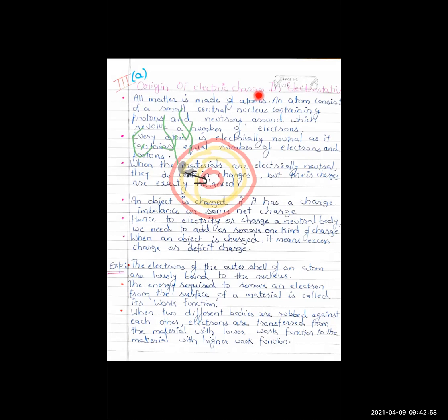So the amount of energy we gave it, due to which the electron left the surface of the metal, that energy is known as the work function. So this is very important, children. Work function, this we will be learning in part 2. So just remember, work function is the amount of energy which we provide to the electron, and after having that much energy, the electron gets removed from that material. It gets removed from here and it comes out. So that energy is your work function. So work function is the amount of energy required to remove an electron from the surface of the metal.